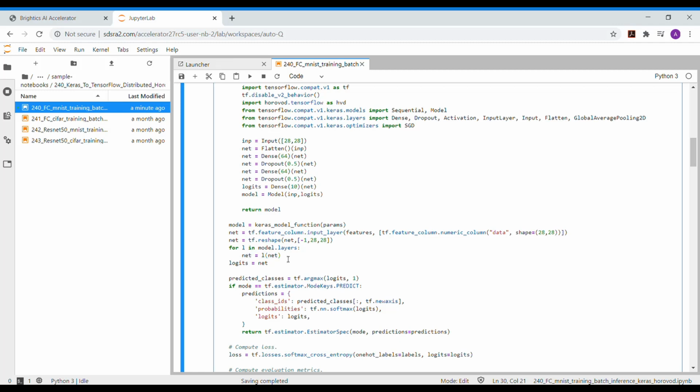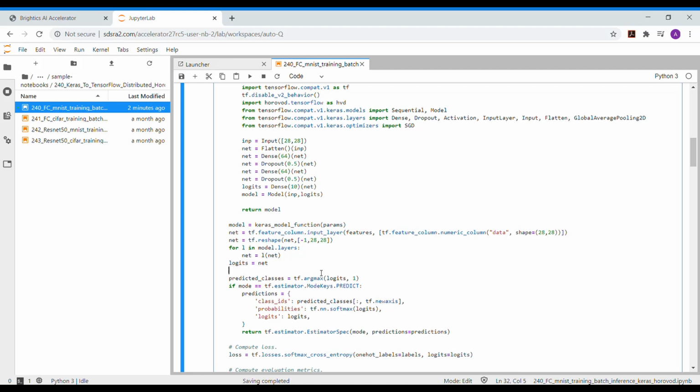In TensorFlow 2.1, the Keras layers and the TensorFlow layers are basically the same type, so we can just define each layer after each other,